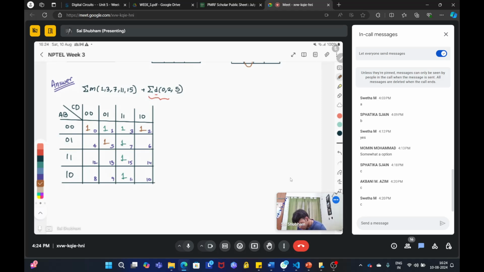Fine. So how can we group them? As you can see, we make squares or rectangles, either 4 cells or 2 cells. These will be 4 cells. So this is the one. We can have another one like this. And one this. So my simplified expression will be